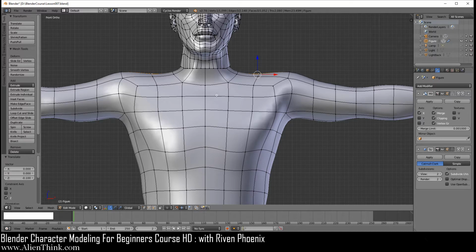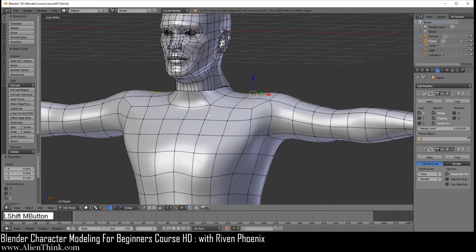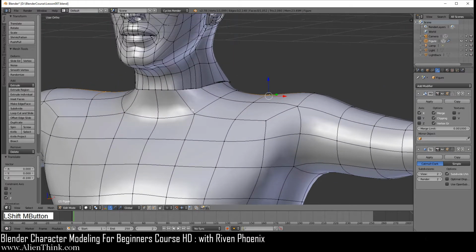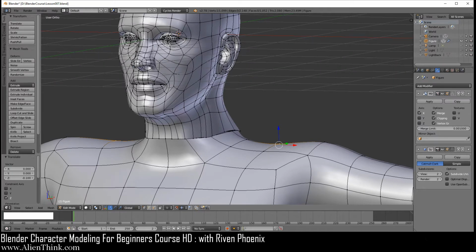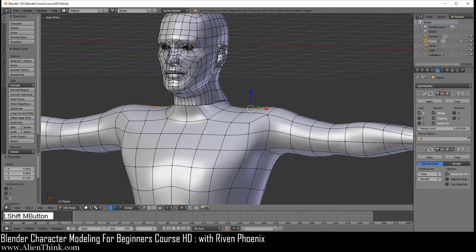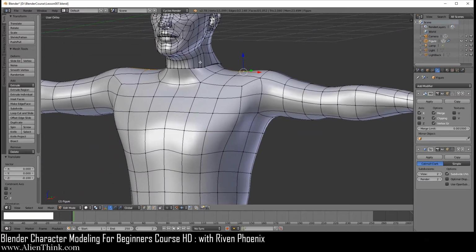Okay, so now what we need to do is attach the neck to the body, right? Basically the head to the body. And you can see that what we're dealing with are 2 different resolutions over here, right? You can see that when we did the edge loops, we have higher resolution for the ear, but a little more lower resolution or edge loops to define the head. But when we come to the body, you can see that we don't have the same number of edges going. So how can we attach something like this?